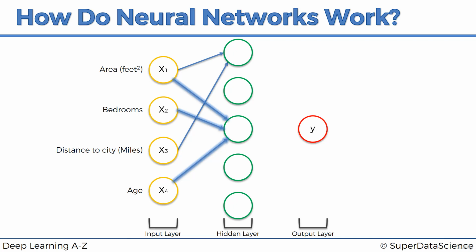That in that market, that is valuable. So that neuron has picked that up. It knows that, okay, so this is what I'm going to be looking for. I don't care about the distance to the city in miles, wherever it is, as long as it has high area, lots of bedrooms. As soon as that criteria is met, the neuron fires up, and the combination of these